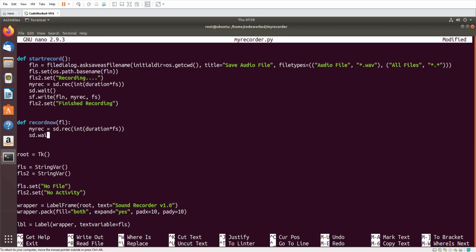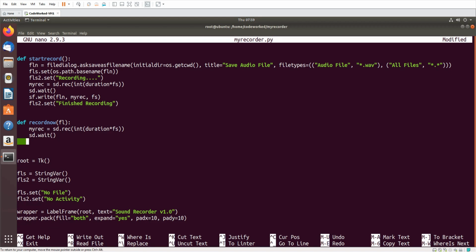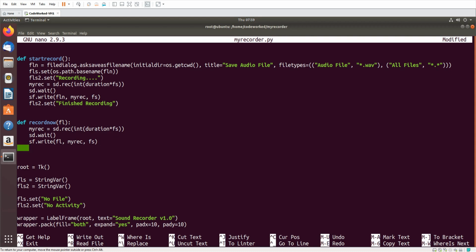Then sd.wait and sf.write, here I will use FL and my REC and FS. And here I can set FLS2.set finished recording. Now let me remove it, or let's comment it.